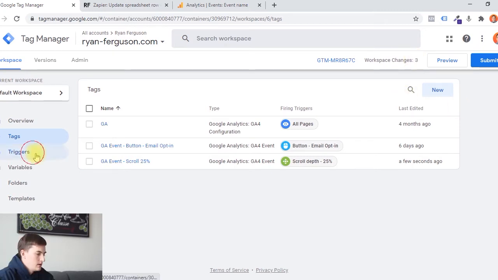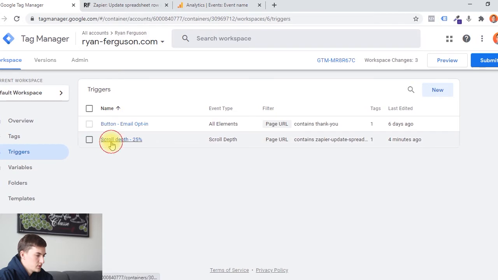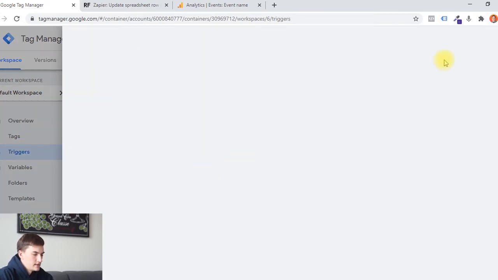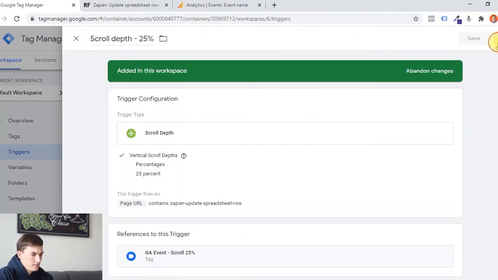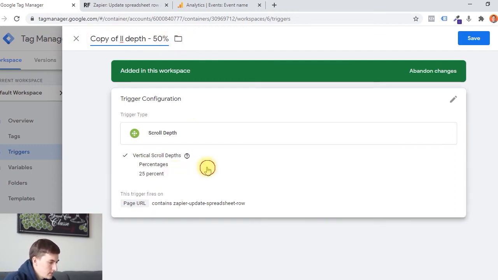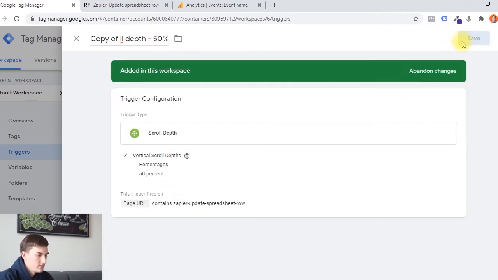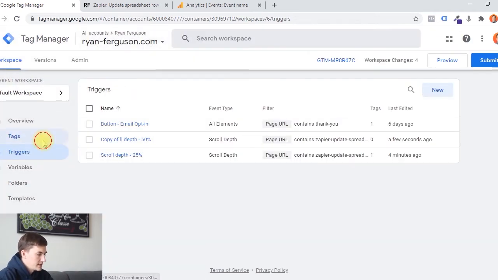in Tag Manager. Okay, so if we go back to triggers, and actually what I would do here first is go to the scroll depth and open it up and then create a copy and then name this one 50%. And then I'm just going to change this to 50, press save, go back to tags,